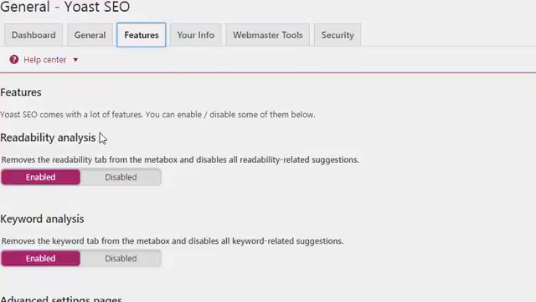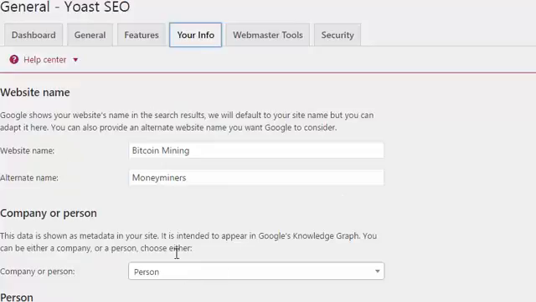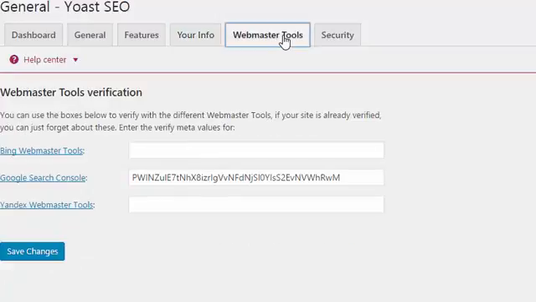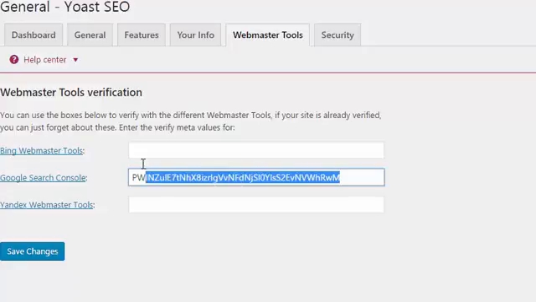Here is what I was referring to earlier: readability, keyword analysis, advanced setting pages. These are tools you need. These are basically stuff that can help Google to gather information around my website. Webmaster Tools, I mentioned this is a code you don't want to joke with. This helps Google to connect with your website, and then you can notice there is this Google Search Console, there